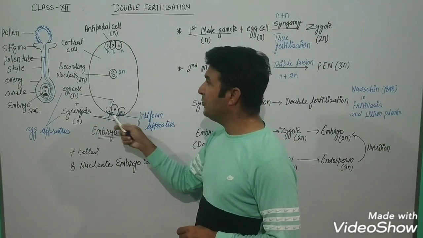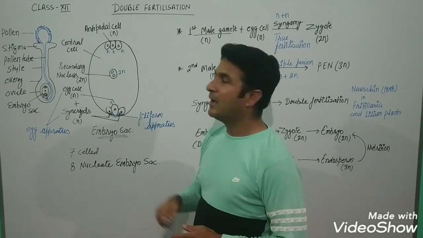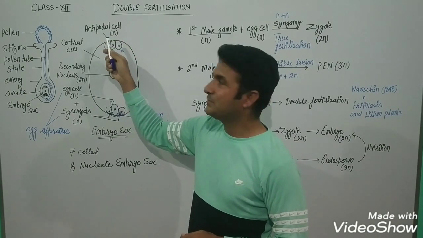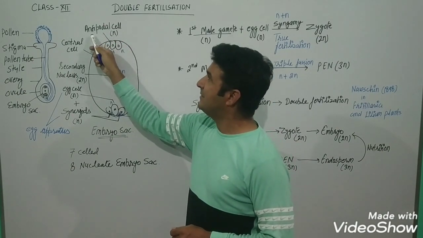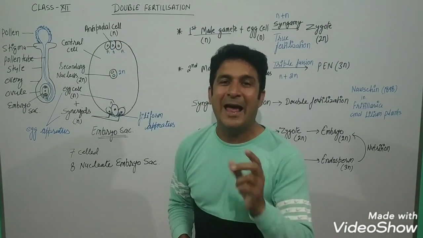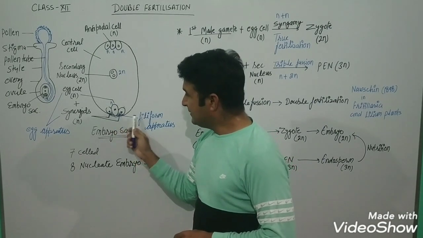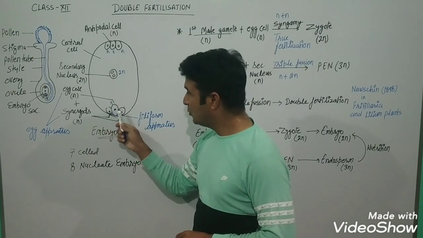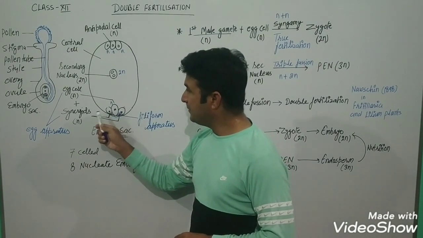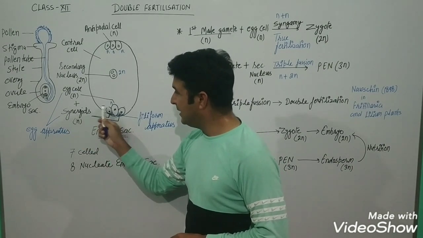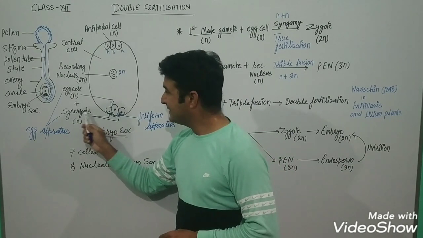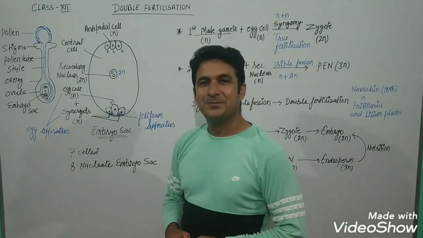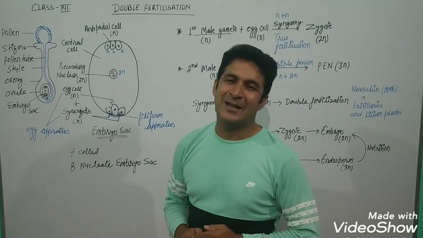First of all, I will introduce you to this structure. The upper area of the structure is called the chalazal end area, and in the chalazal end area you can see 3 cells. The name of the 3 cells is antipodal cells. This lower side area is called the micropylar end area, and here you can see 2 cells. These cells are called synergids, the left one and this right one. And the ploidy of the synergid is haploid. Haploid means half number of chromosomes are there.